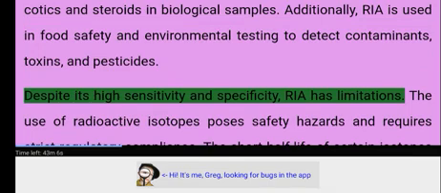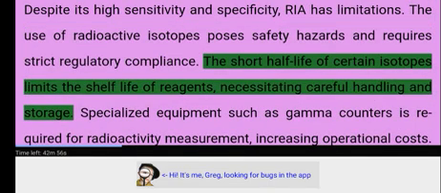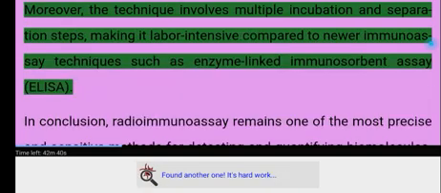Despite its high sensitivity and specificity, RIA has limitations. The use of radioactive isotopes poses safety hazards and requires strict regulatory compliance. The short half-life of certain isotopes limits the shelf life of reagents, necessitating careful handling and storage. Specialized equipment such as gamma counters is required for radioactivity measurement, increasing operational costs. Moreover, the technique involves multiple incubation and separation steps, making it labor-intensive compared to newer immunoassay techniques such as enzyme-linked